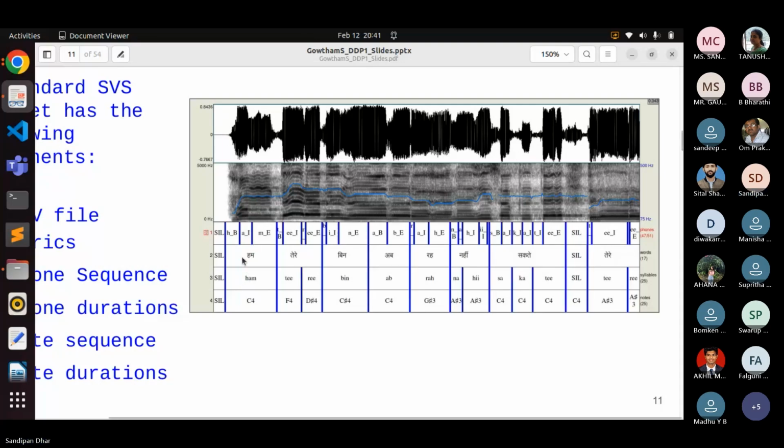Now see, this is the textual transcript: "Hum tere bin ab reh nahi sakte." This is a normal textual thing. What if we had just taken the textual transcript for TTS? Then we would not need to deal with high modulation, the prosody, the melody, and notes. We could simply use the text, or maybe extract the phones, and then train or fine-tune any existing model. But when it was a specific song of Arijit Singh, and we wanted to make it